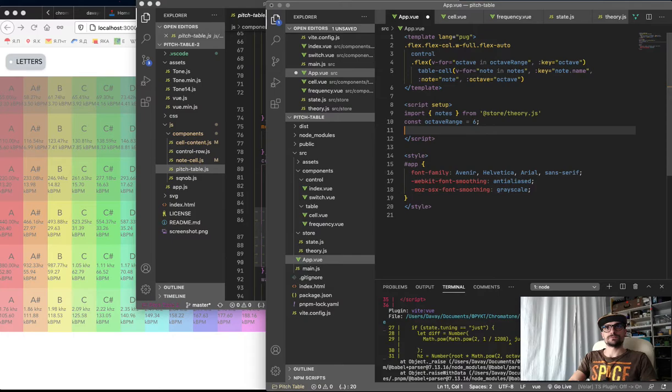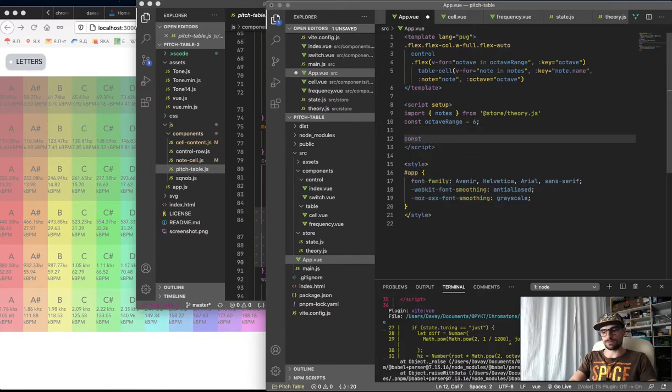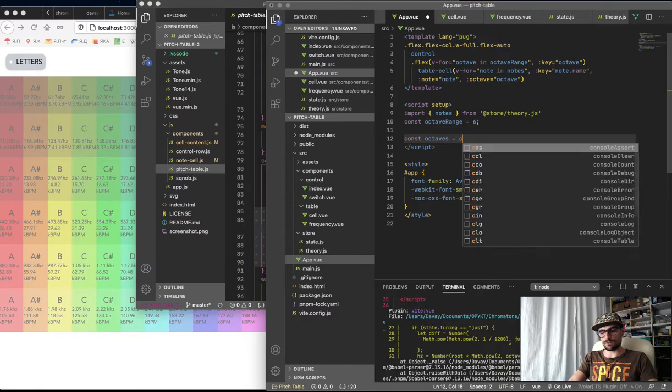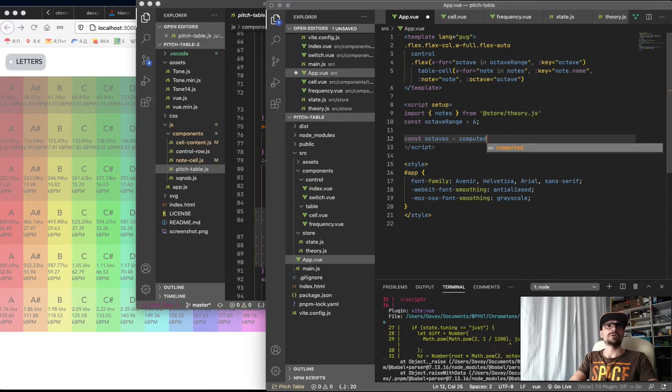So let's start const octaves is like a computed, or should it be a computed? Yeah, it should be a computed, because then we will, yeah,